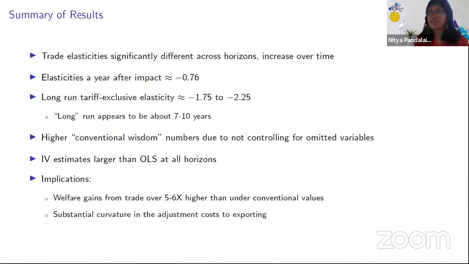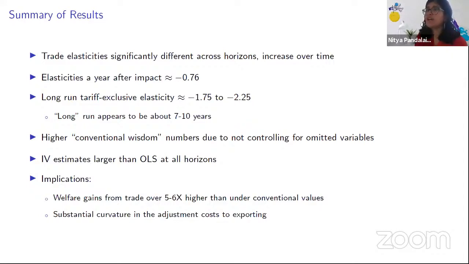We find that the trade elasticities are significantly different across horizons, and they increase smoothly over time. The short run elasticity a year after impact is about 0.75, and the long run elasticity, which is at about 7 to 10 years, appears to be about 2. So this is a tariff exclusive elasticity, and these numbers are much lower than even the lower end of the range of estimates